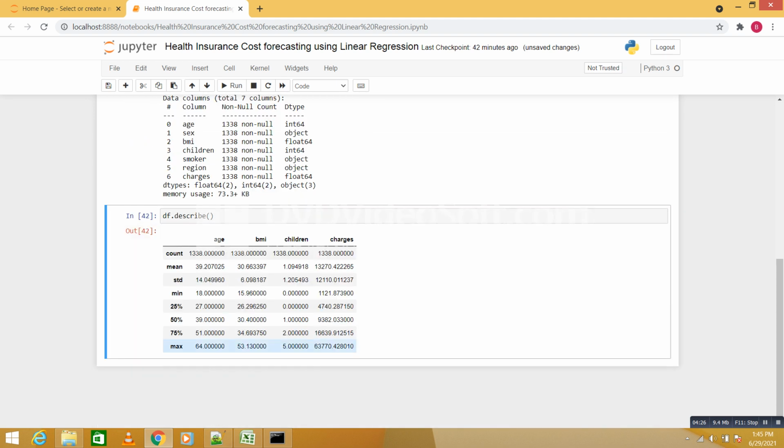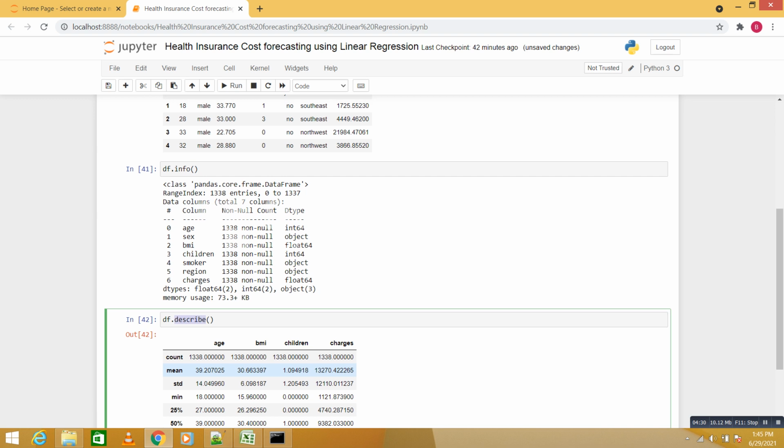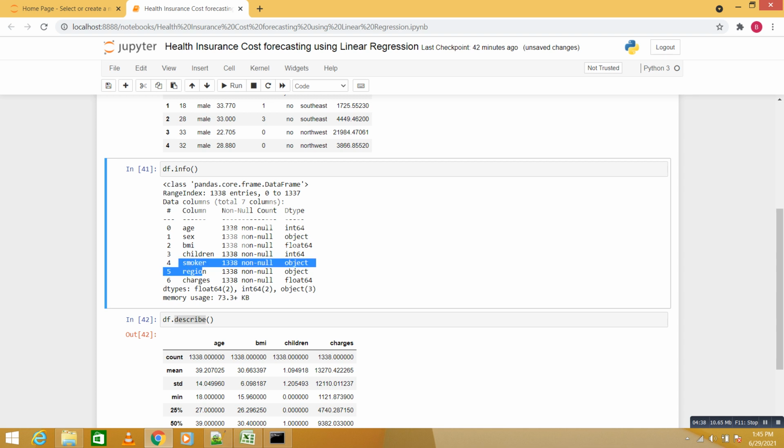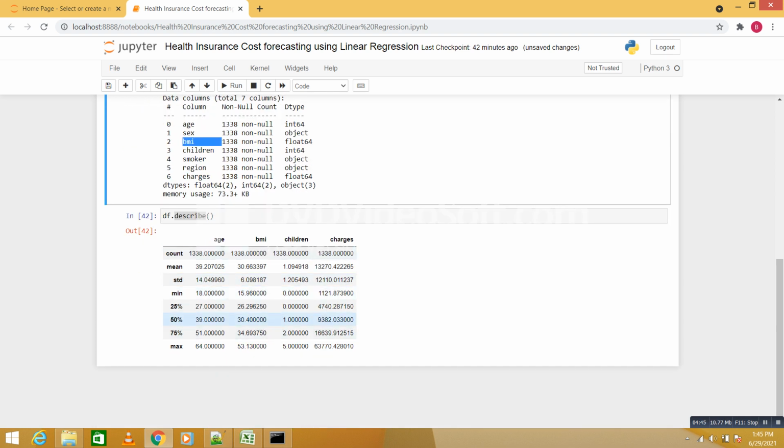Here we have the descriptive statistics of the columns, but only 4 columns: age, BMI, children, and charges. 3 columns are missing: region, smoker, and sex, because these are the categorical columns and are not included here.